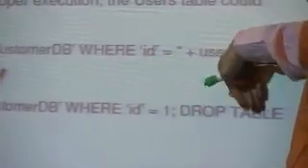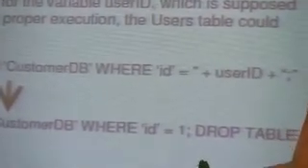So this is like doing what? Combining two queries. This is itself a query, select star from customer database table where ID equals 1, that itself is one query. And then you are executing another query in the same statement. You can execute multiple queries in one single statement like this. So it will select the information from the table, display whatever it is, and then drop the table. It's not the same table, it's a different table, drop table users.